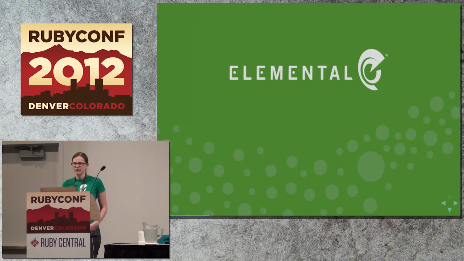So, Elemental Technologies. We're a startup company in Portland, Oregon. We do video transcoding software. And our big claim to fame is that we use NVIDIA GPUs to parallelize the video transcoding process, which allows us to get much faster video transcoding throughput as compared to all of our competitors. And so the speed of our products is vastly superior to all of our competitor products, which has allowed us, even though we're a very small startup, to be very competitive with a lot of the bigger names in the